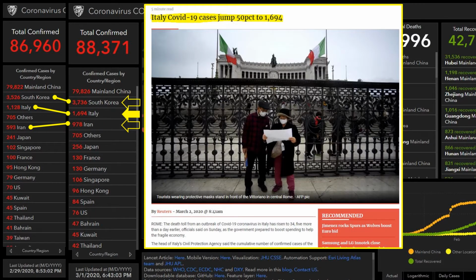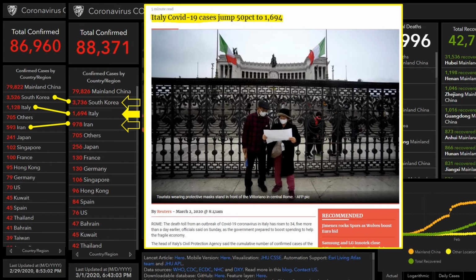Then the second one, news out of Italy. Italy has still not figured out how the coronavirus started, but it started in the northern provinces up close to the Alps. It could very well be people from Wuhan who went on a ski vacation in Italy. That's probably the most likely cause, but somehow they've got coronavirus and it's going like crazy. I didn't mention this for South Korea, but they went from 3,500 to 3,700 cases, so up a couple hundred. Italy went from 1,128 to 1,694, which you can see on the headline here.